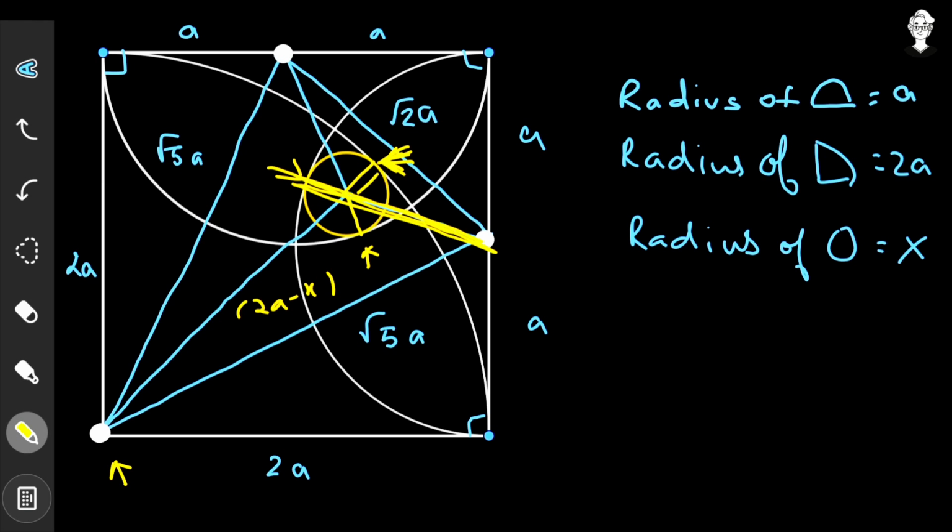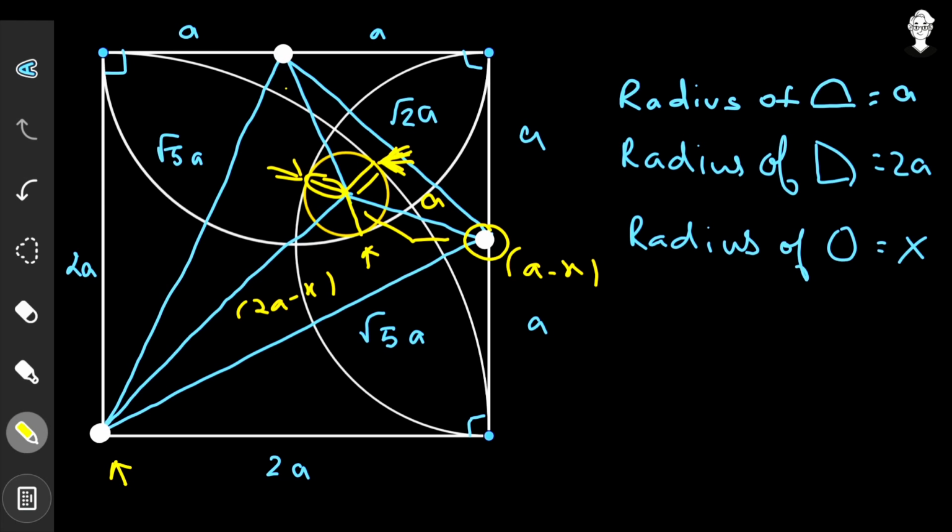From here to here the total length is going to be the radius of this semicircle having a value a, as these lengths are starting from this center and ending on the boundary. So they are going to have a value a, that is the radius of this semicircle. From here to here the distance is x. So this distance is going to be equal to a minus x. And this is possible because the 3 points are collinear.